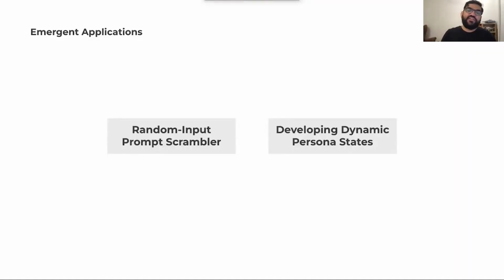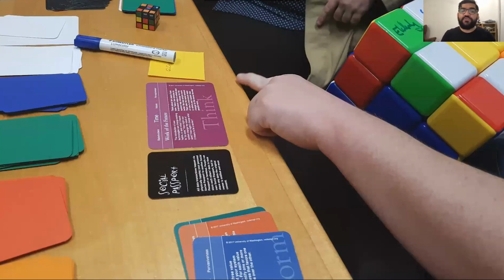The findings also led to the creation of 2 examples of participant-generated mechanisms of how a Rubik's Cube might be appropriated as a design tool. These include using the cube as a random input prompt scrambler, as well as a means to develop dynamic persona states. For the purpose of this presentation, I will unpack the random input scrambler. Participants commented on how the Rubik's Cube could be used as a unifying cipher for existing design cards to develop new intersections which may not be in line with how the materials were originally intended to be used. Participants drew parallels to expansion packs of card-based games such as Magic: The Gathering or Cards Against Humanity.